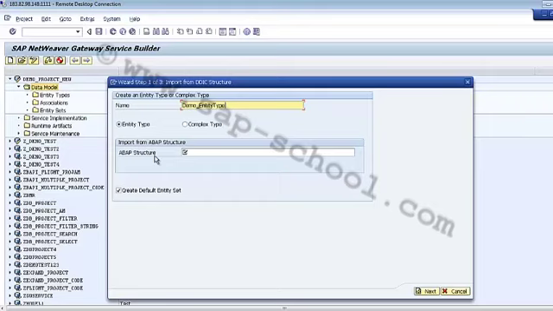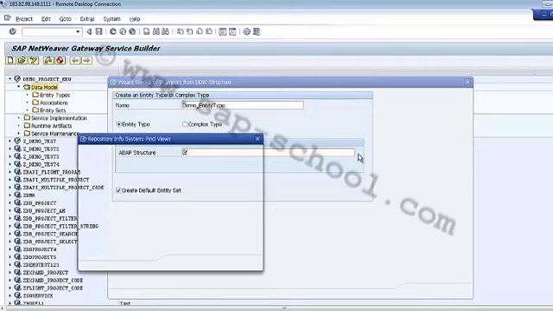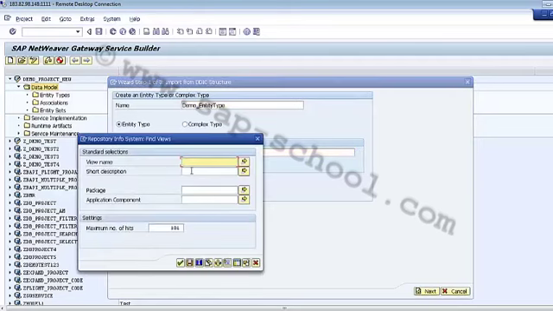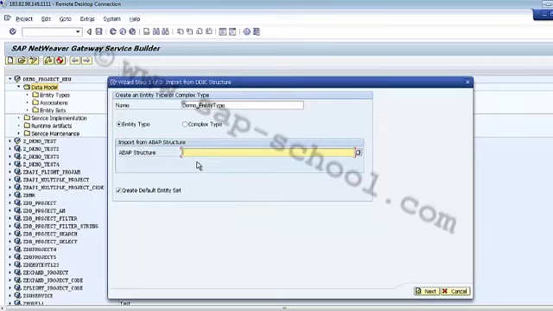What that means is that if I click on this ABAP structure, we have this F4 help, and here we can write down the name of the table, structure or view. Now let's say I want to import from my ABAP structure, which is MARA, that is a table.